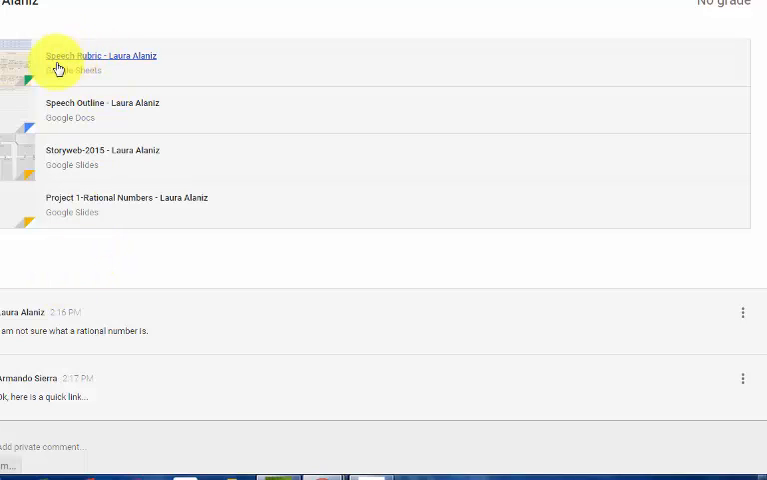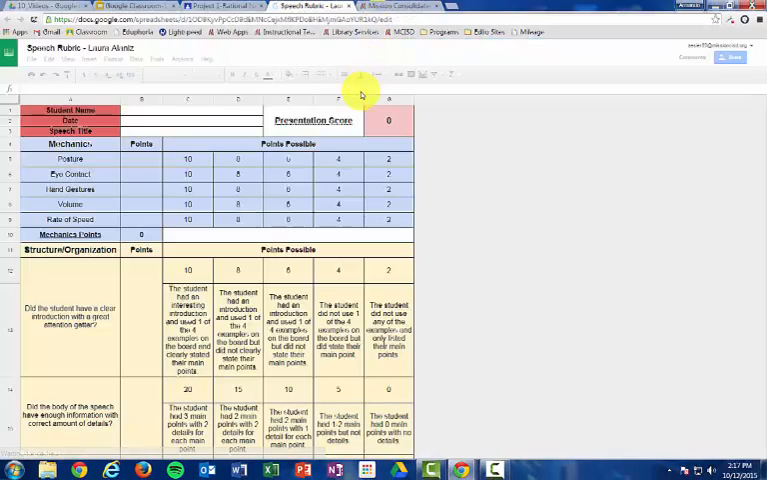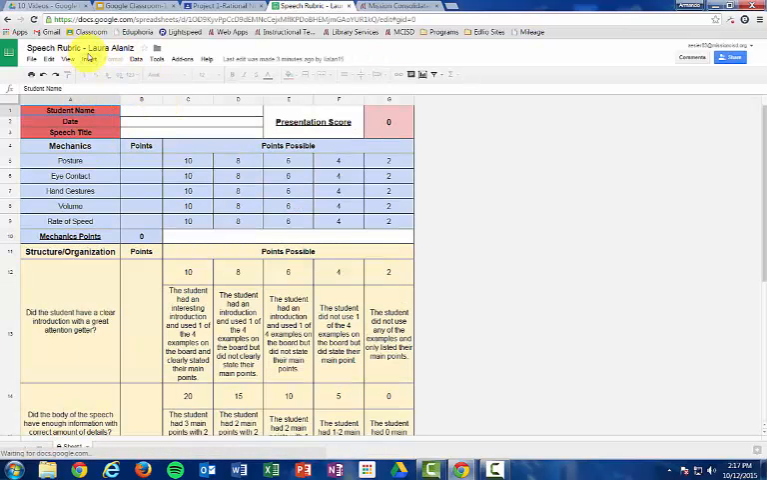Okay, so whenever I'm getting ready to grade them, if it's a presentation, I'll open the rubric. And remember, you have master rights to everything. I already have her name up here, so I don't have to type her name anymore. The date, you can type the date in, the speech title, you obviously can type that. And then here I would go ahead and start putting